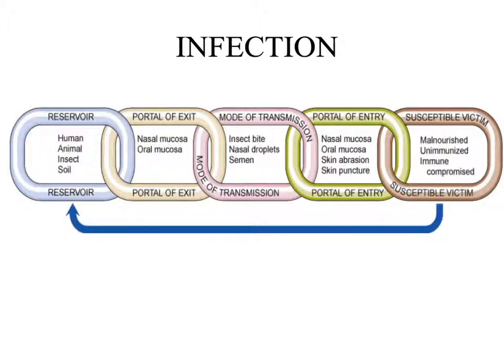Droplet means that it's got a heavier density. So when you sneeze, you have little droplets that sit on the table or whatever. And then you have contact. It's usually not airborne, it's not expelled that way, but if you came in contact with it, you would get infected. We put a lot of patients on contact isolation in the hospital, so if we suspect they have a contagious illness, we'll wear gowns and gloves and whatever, and a mask,